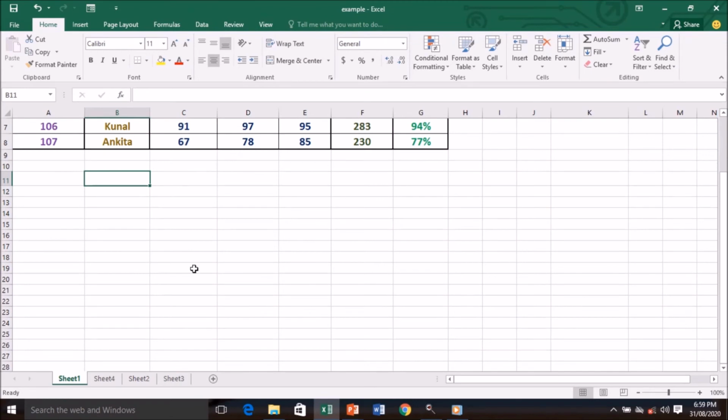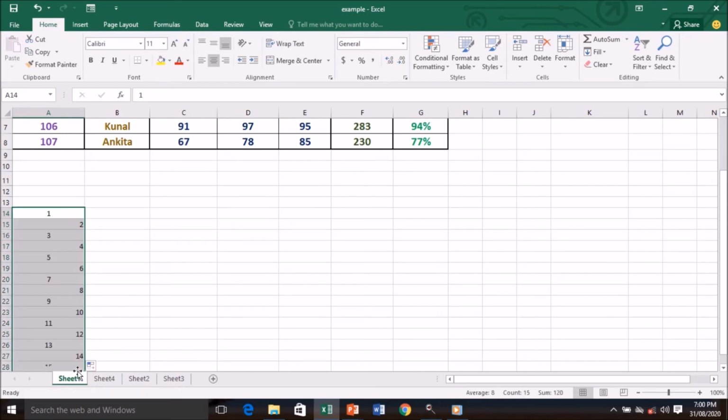Here we have the worksheet. Let's enter some data. We'll write 1, enter, 2. So I've written two numbers, 1 and 2. I will select both. After selecting, we take the mouse to the corner here. You can see the mouse has changed into a black plus sign. So hold the mouse and drag it down. I'll keep on dragging and see what happens. The numbers have appeared automatically. Can you make out? We just selected the numbers 1 and 2 and dragged down.